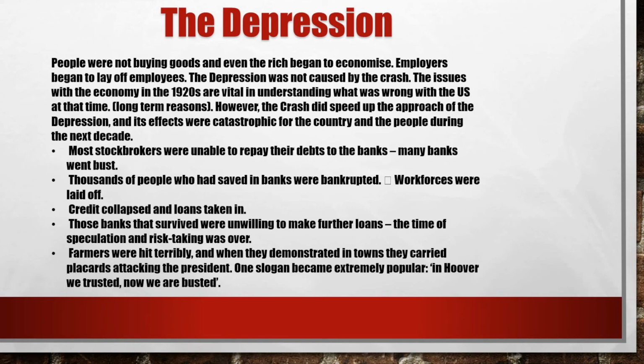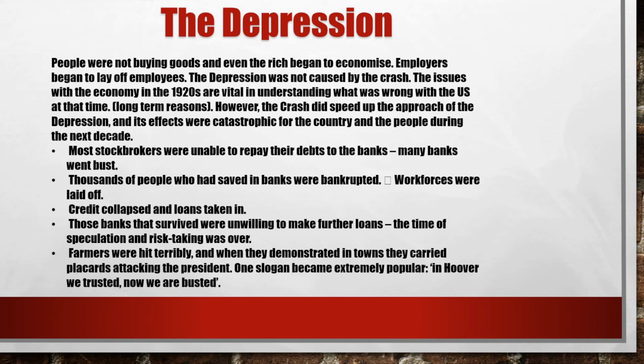The depression was not caused by the crash, as we've looked at. There were lots and lots of things contributing to the Wall Street crash to start with. The country was heading for a depression even before the Wall Street crash, because of people buying things on credit, because of overproduction, because of all of these things. So the Wall Street crash didn't cause the depression, but it was a big factor in it. Again, the issues in the economy in the 20s are very vital in understanding what was wrong with the US economy at that time. The crash did, though, speed up the approach to the depression, and its effects were catastrophic